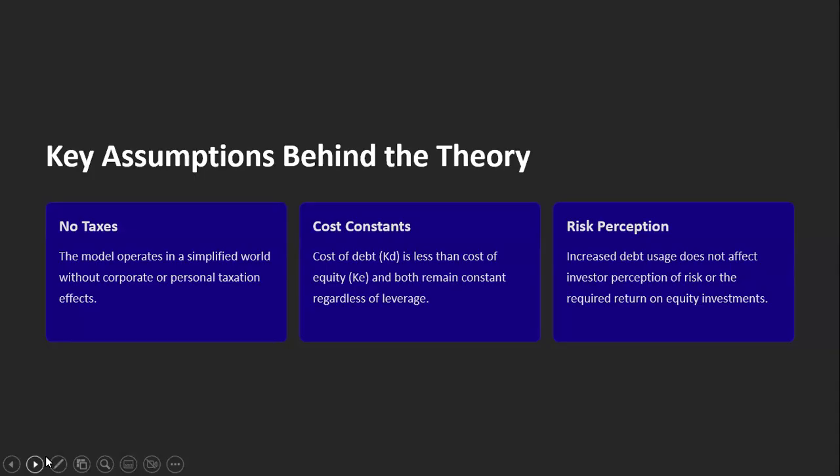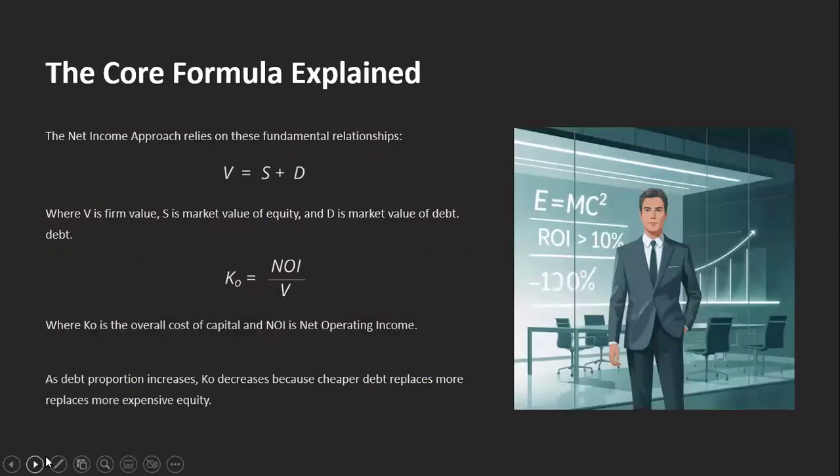The third assumption is that increasing debt usage will not be affected by any factor. So people are crazy about cost of debt. They are ready to go with more borrowed capital. They are least bothered about equity capital because it costs high, and there is no change in flow of income and no change in the rule of taxation. So these are the basic assumptions for the theory proposed by Durand.